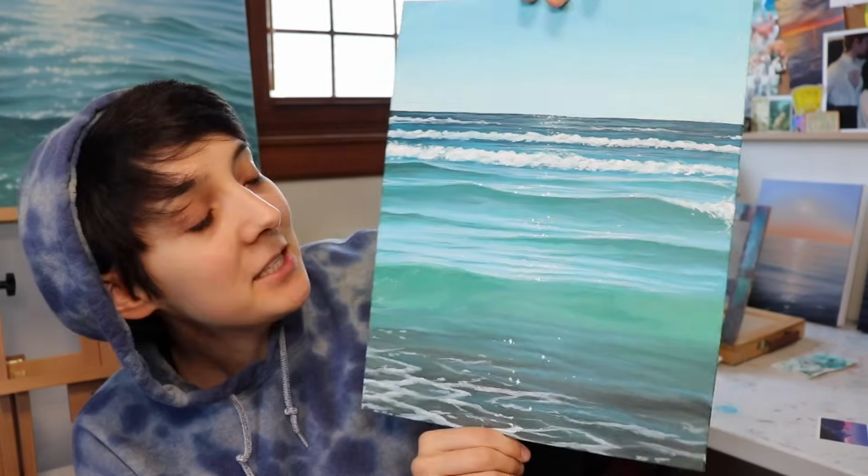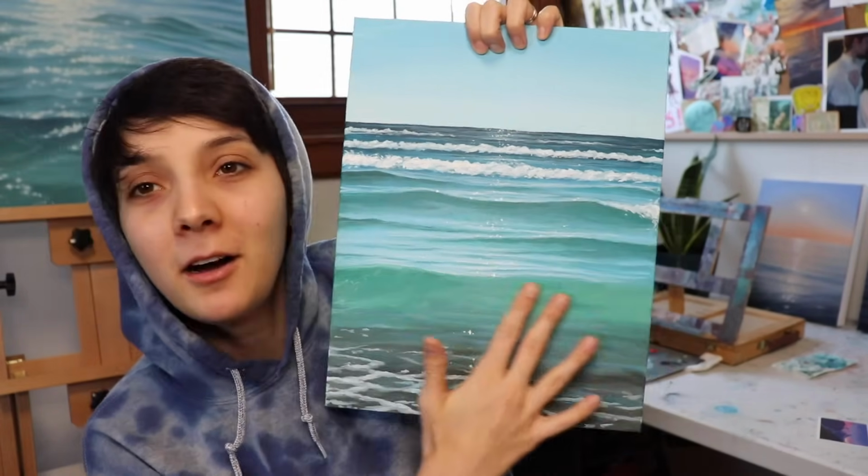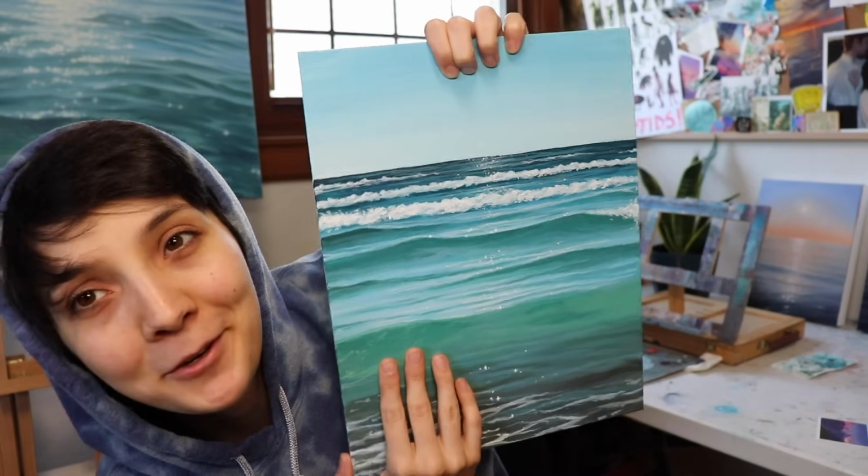I'll start this video off with total and complete transparency: I don't like painting water with acrylic paint. I get lots of requests to do tutorials for acrylic water paintings, but I don't like doing it. I prefer so much more painting water with oil paints, but it's requested so often and I decided to challenge myself. So I did this little transparent water piece with acrylic paints, focusing on the oh so very difficult acrylic